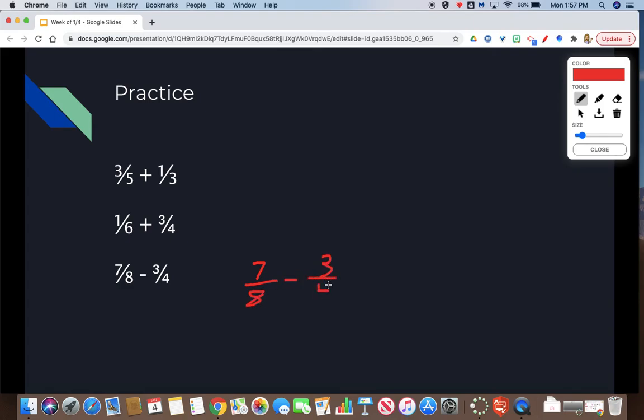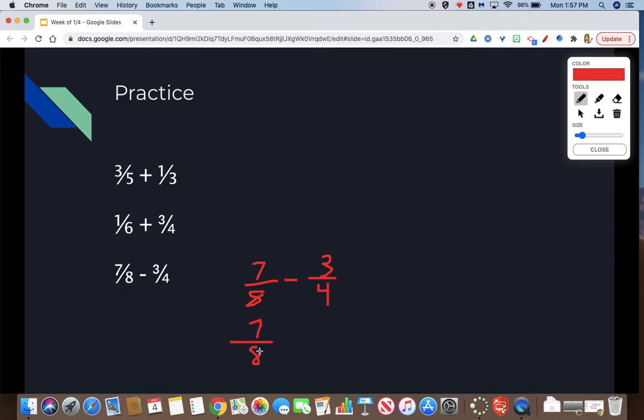We continue to ask ourselves, what's a common denominator that both 8 and 4 could become? So what's a multiple they both share? There's actually a couple of options here. My least common multiple for 8 and 4 would actually be 8, but you could also use 16, 24, or 32. So if I wanted to use 8, which I would highly recommend, your first fraction is